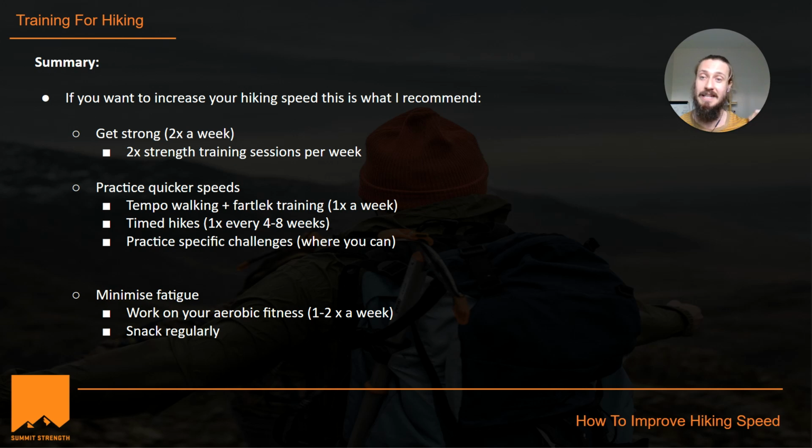So ultimately, if we're breaking down a training week here: 2 strength sessions, 1 quicker walking session, maybe doing a timed hike once a month or something, and then 1 to 2 sessions of aerobic fitness. You'll end up doing 4 to 5 sessions in a week, plus hiking, wherever that may be. That may seem like a lot to people. You can reduce this down, whatever it may be, but if you can fit that in a week,